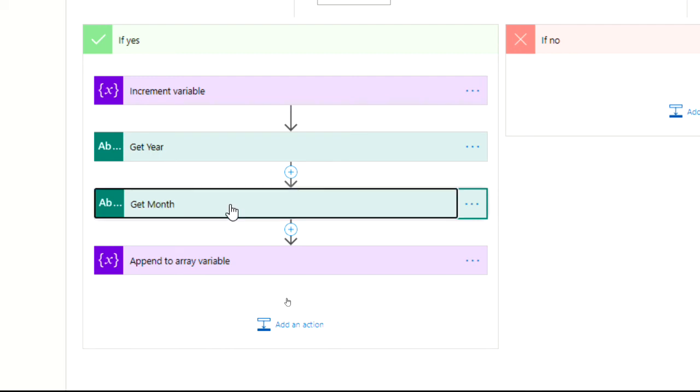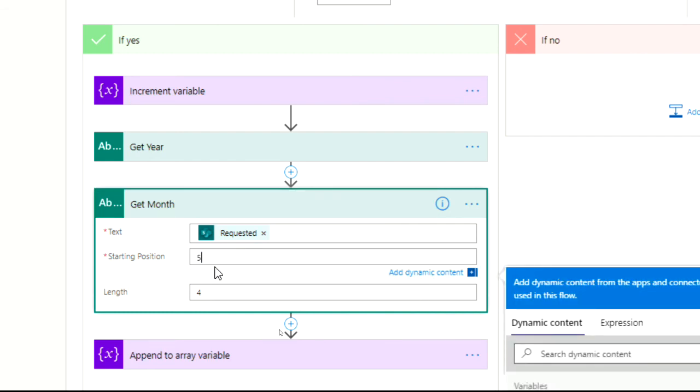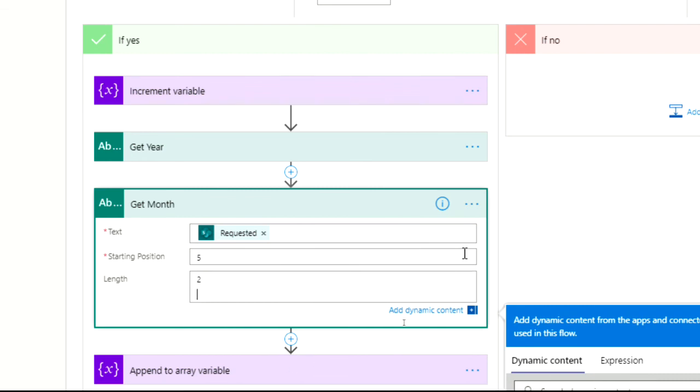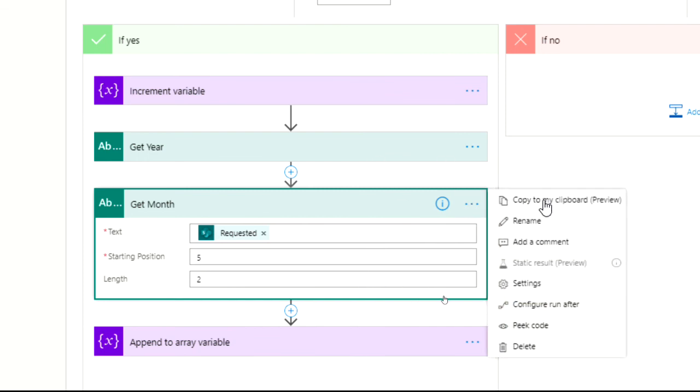Just a time saver, because all I've got to do in here then is say start from the 5th position, because that's 2020 hyphen, that's 5, and just grab 2 characters. Good stuff. Okay, and I could get any one of these. I'm just going to copy that again just for demonstration purposes,